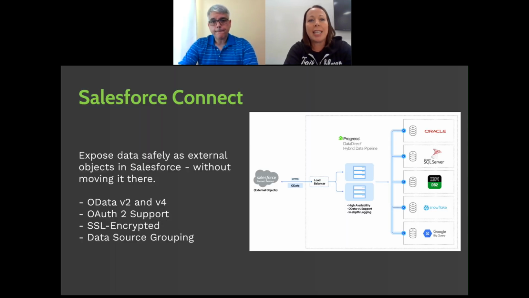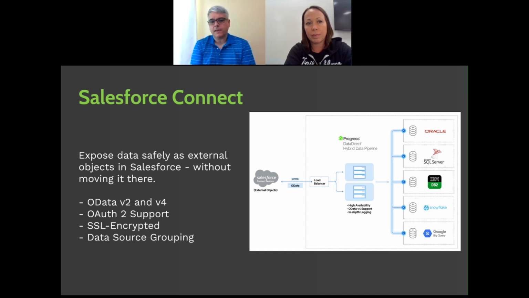Thanks, Brian. What exactly is OData? So OData is based on the REST API standard and allows SQL-like connectivity to backend sources. So Salesforce Connect will send requests that are formatted in OData to the hybrid data pipeline.